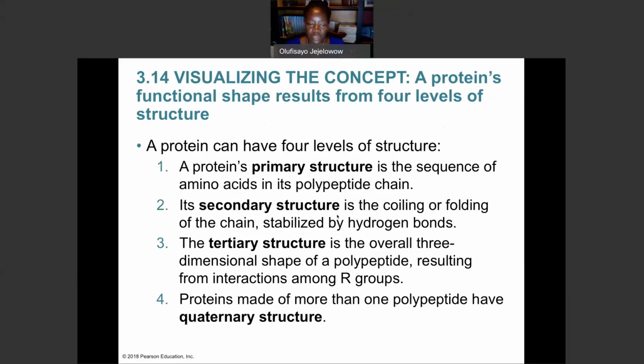In the tertiary structure, we have the 3-dimensional shape because of the interaction between the R groups. So they can form disulfide bonds, more hydrogen bonds, and they simply wind the chain tighter together. And the quaternary structure, proteins are made from one or more polypeptide chains that come together in the quaternary structure.